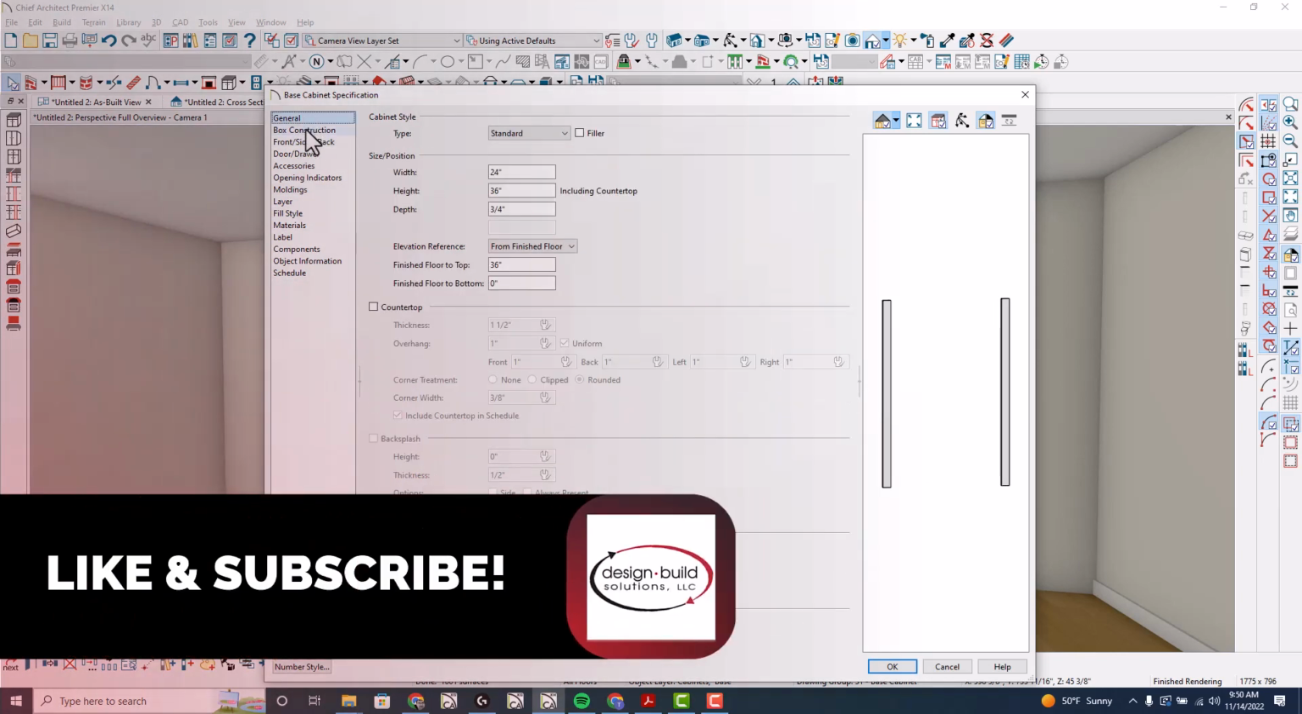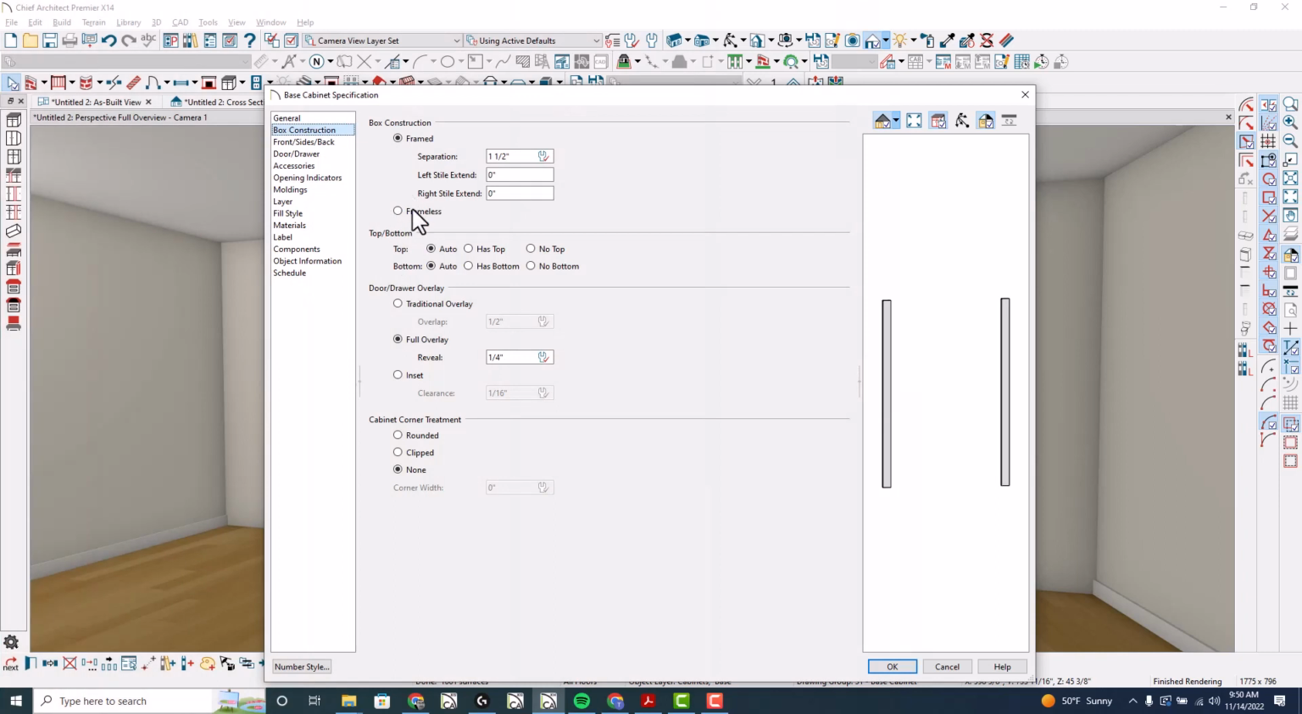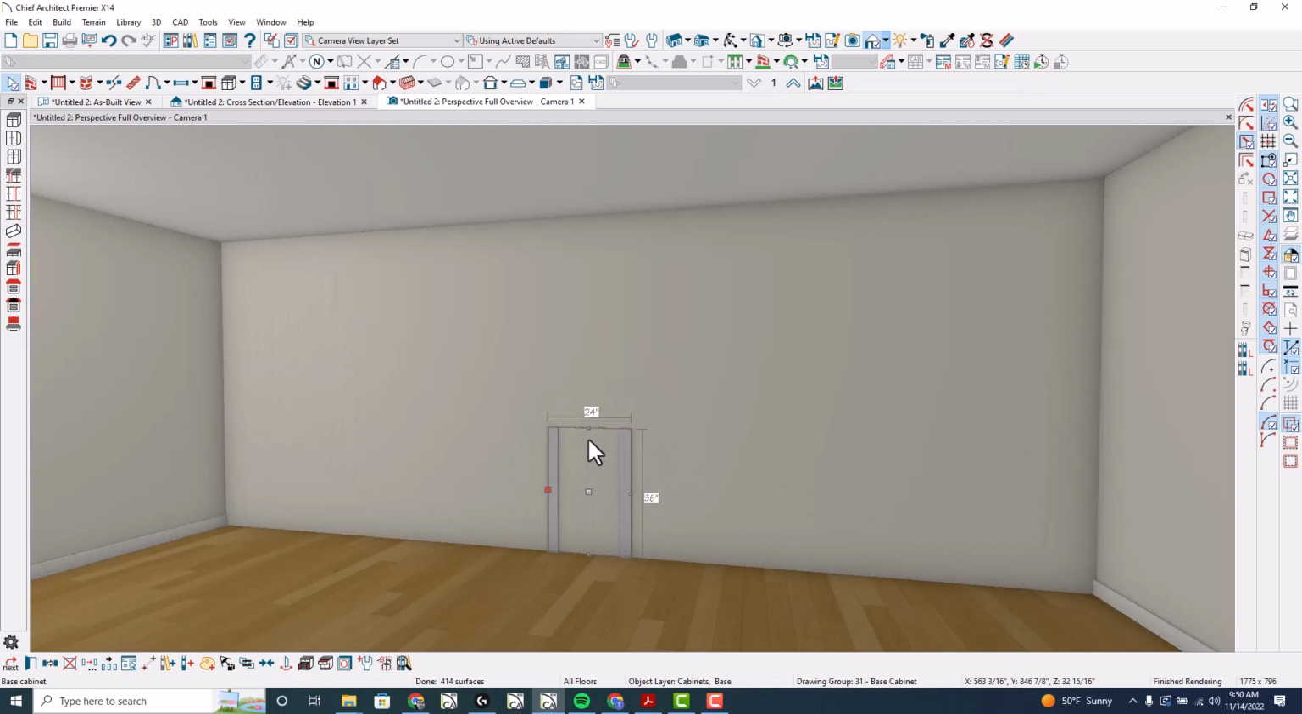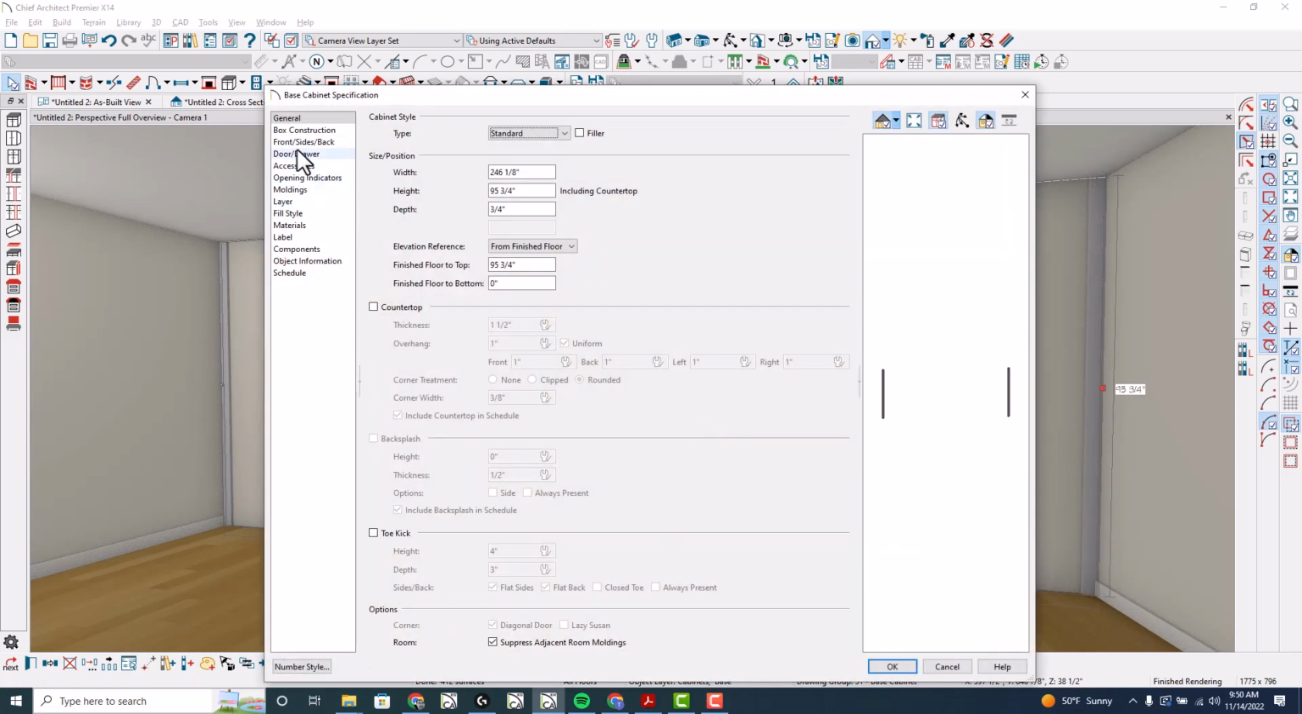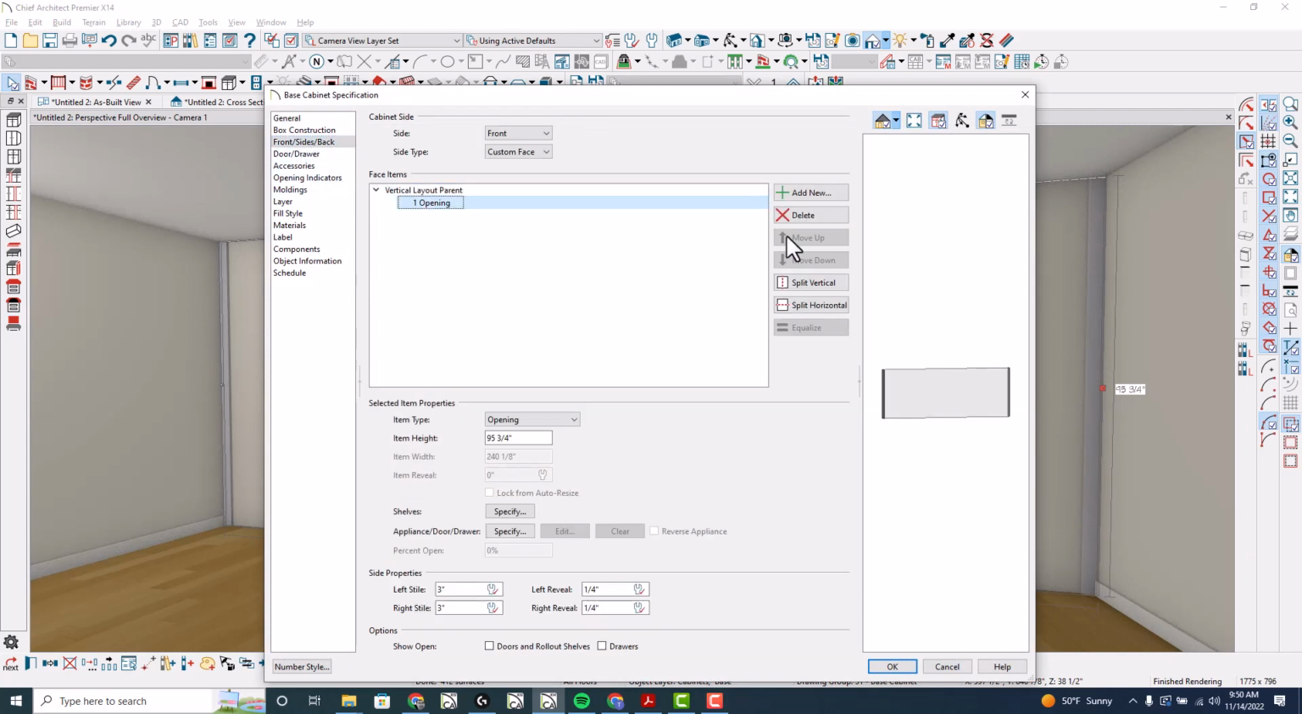If I go to box construction, I left it as framed, by the way. You can then adjust the slats, and let's click OK, drag that to the top, move it all the way into the corner, and pull this the width of the wall. Now let's open this up, and I'm going to go to front sides back again and start splitting this